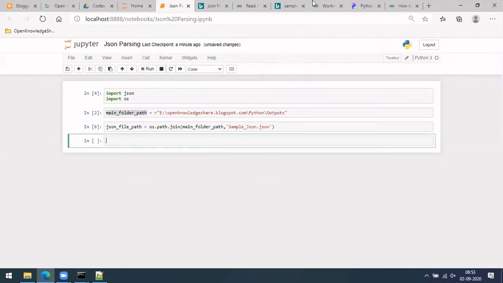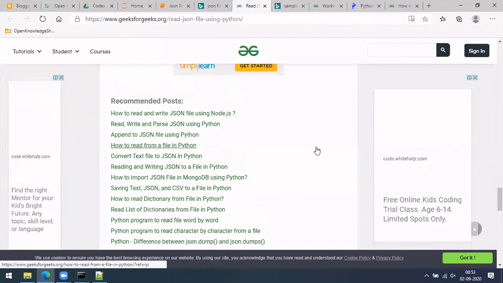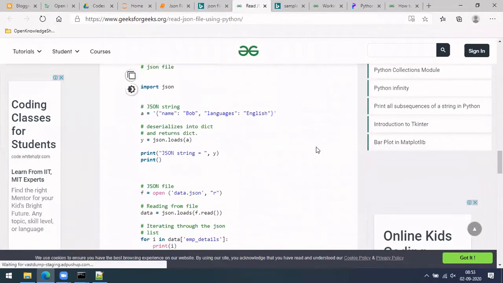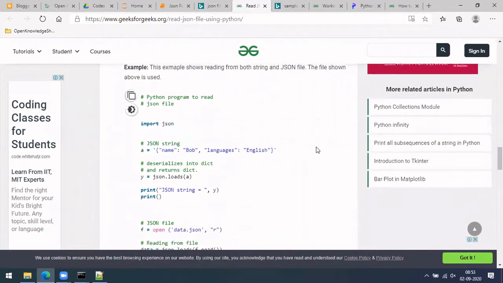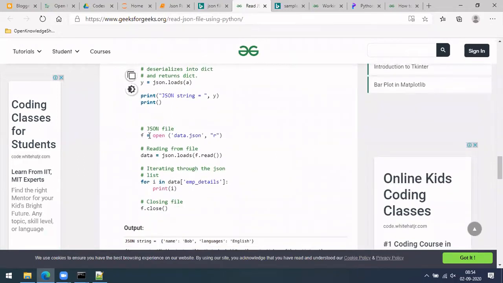Okay. So if you want to read this JSON file, right? Let's go for that code. So let me show you something like this. Similarly, how we do this f dot read.